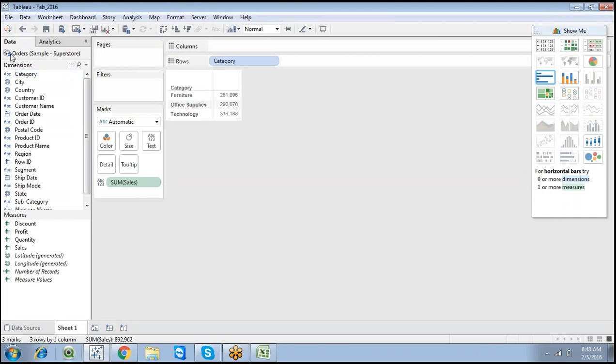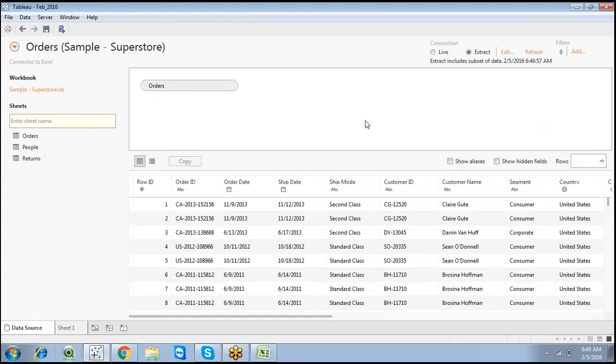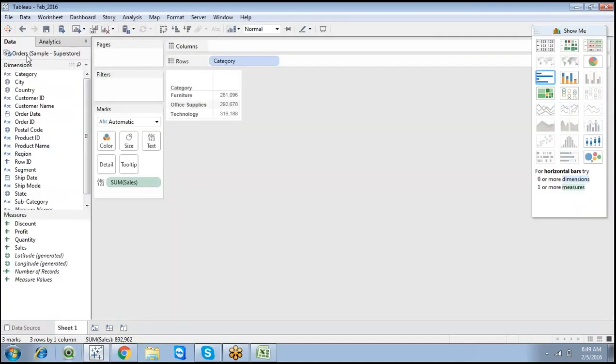So just remember, when you are working on a particular tool, you can estimate whether it is a live connection or an extract connection by using this particular symbol. So you can easily differentiate whether we are using live connection or extract connection. But already discussed, Tableau generates .tds file for live connection and .tde file for extract, and just go to sheet 1.